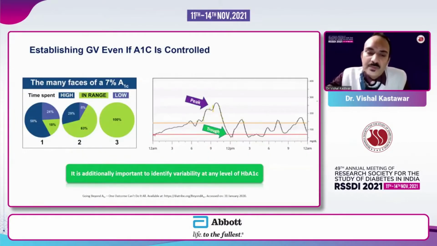This slide has already been discussed by Dr. Jyotidev. The same level of HbA1c, even if it is good at around 7%, can reveal a huge amount of glycemic variability, as represented in the first pie chart, or can be without glycemic variability, as represented in pie chart number 3. It's all about peaks and troughs in glucose levels, and peaks and troughs are identified classically by doing an SMBG. Maybe 5 times in a day, maybe 7 times in a day.